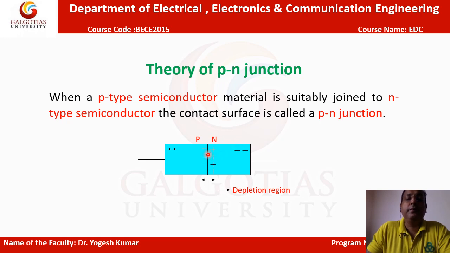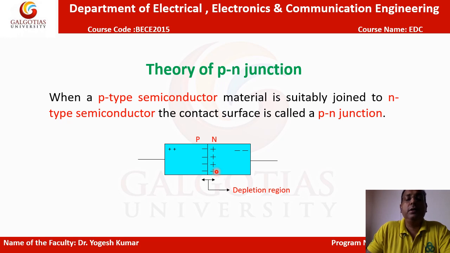After some time, a layer of immobile ions will be stuck nearby this junction. This line you can see here is the junction. They will not get free charge carriers over there for recombination, in the p region as well as the n region. So they are stuck nearby this junction. They can't recombine because of the junction in between, but they are stuck due to their attraction. So we get a layer of immobile ions.